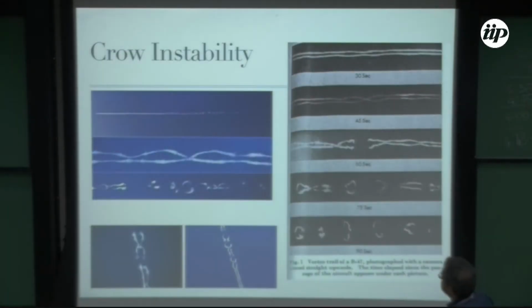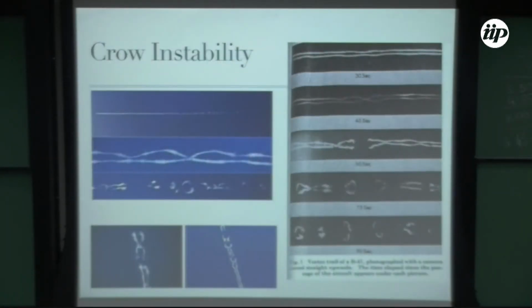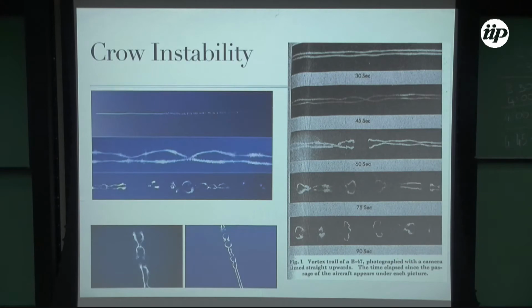And as I said, this is a complex Crow instability. This is too complex a problem. Then I will show you this famous, I don't know if famous or not, Crow instability. It is a paper also by an engineer from Boeing, and this is the original picture. Then you have these two vortex trails behind a plane, actually a B-47, and then after a time